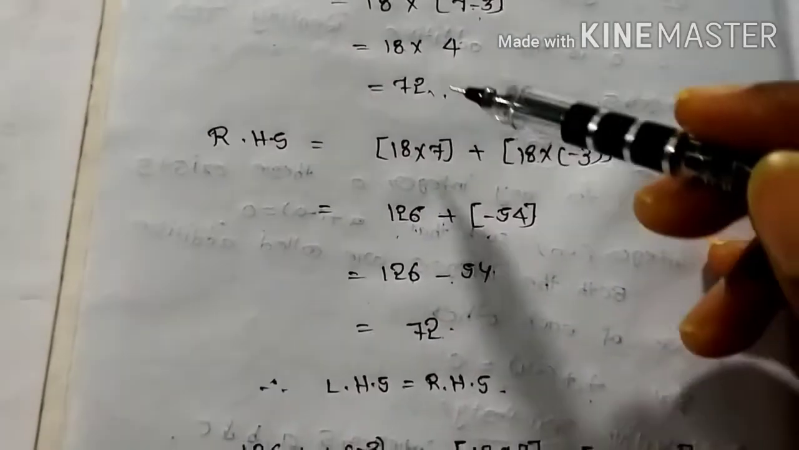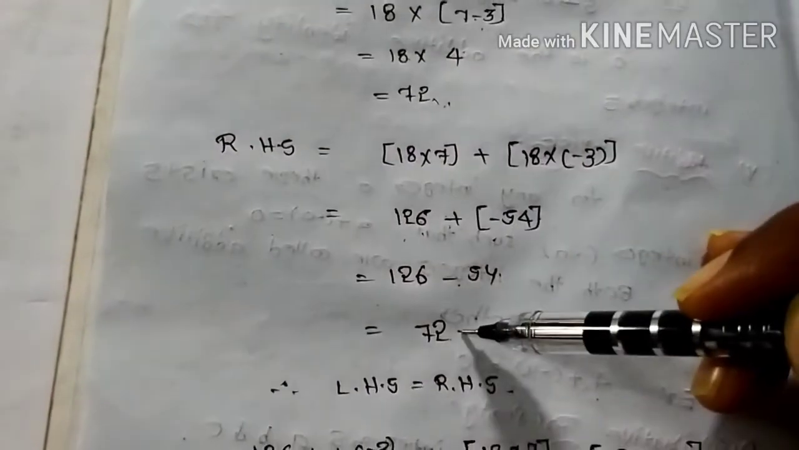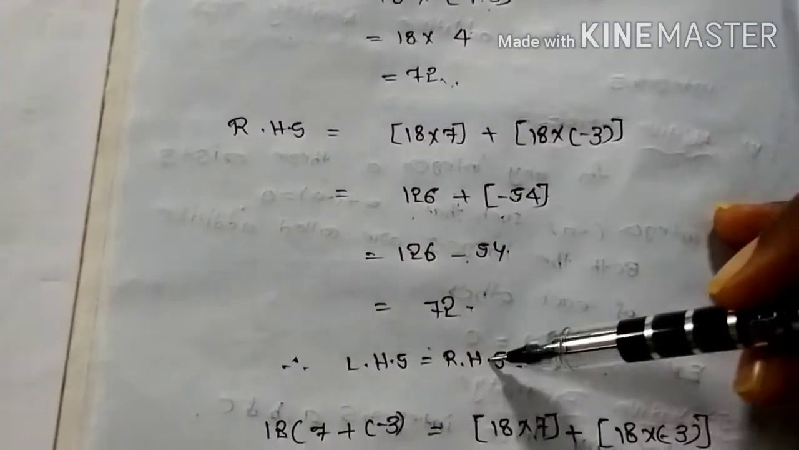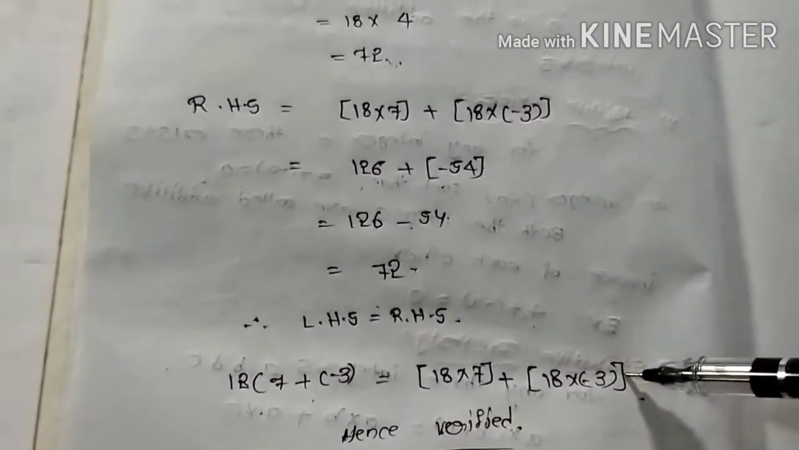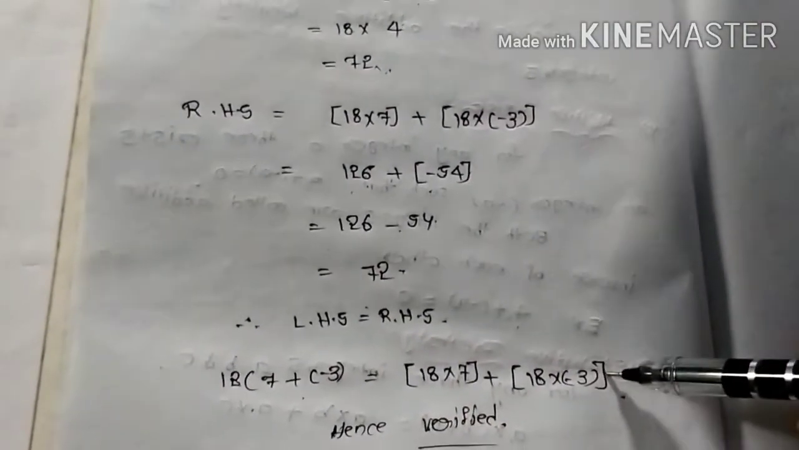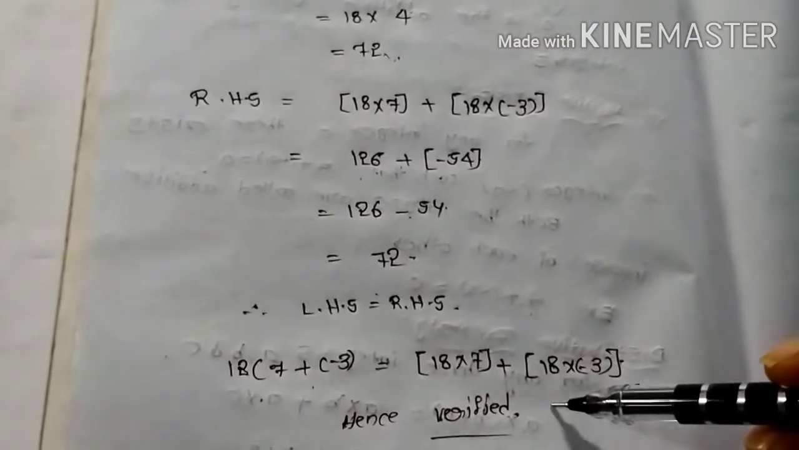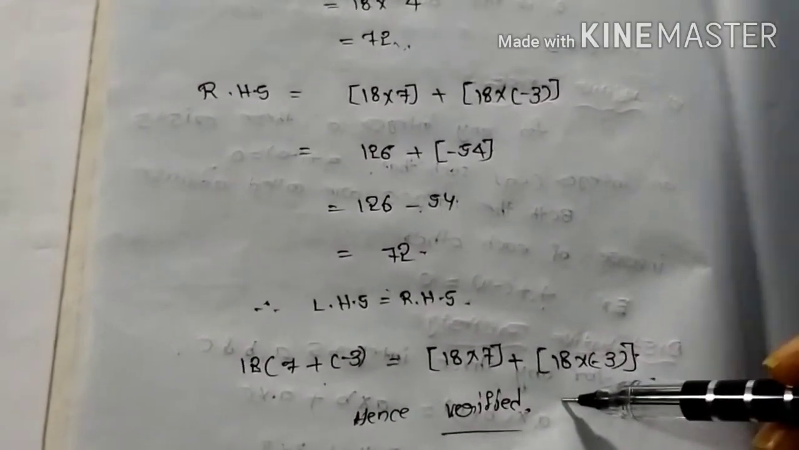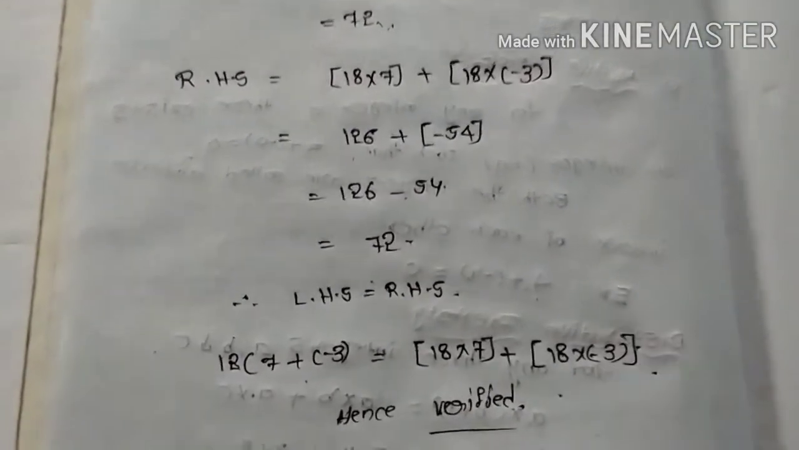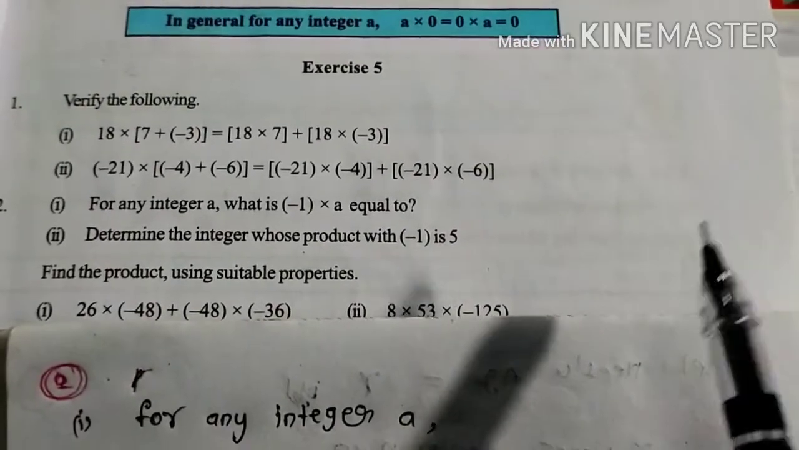In this way, just you can observe LHS 72, RHS 72. That means can I write LHS is equal to RHS? So that I am writing once again as it is in question. So we are verified or not? Yes. I am writing here as verified. In this way, you can do the remaining problems in the same way. Now you can see here